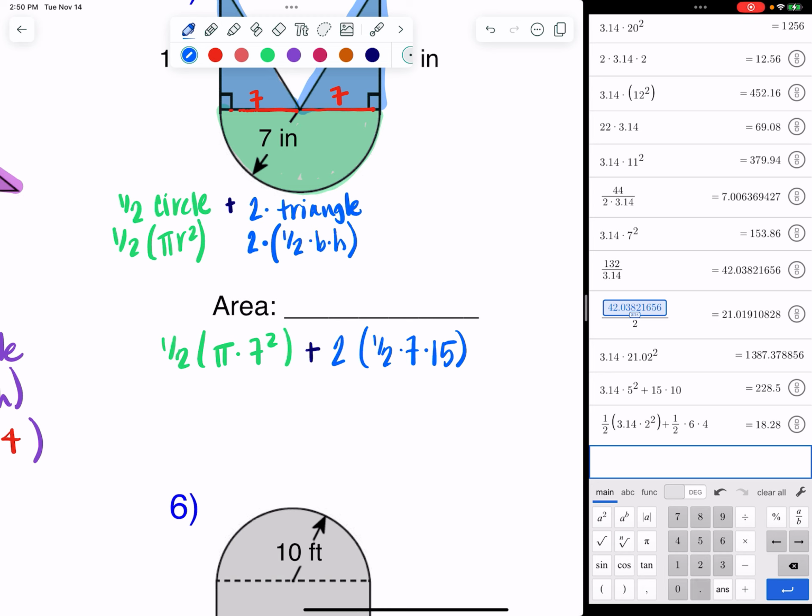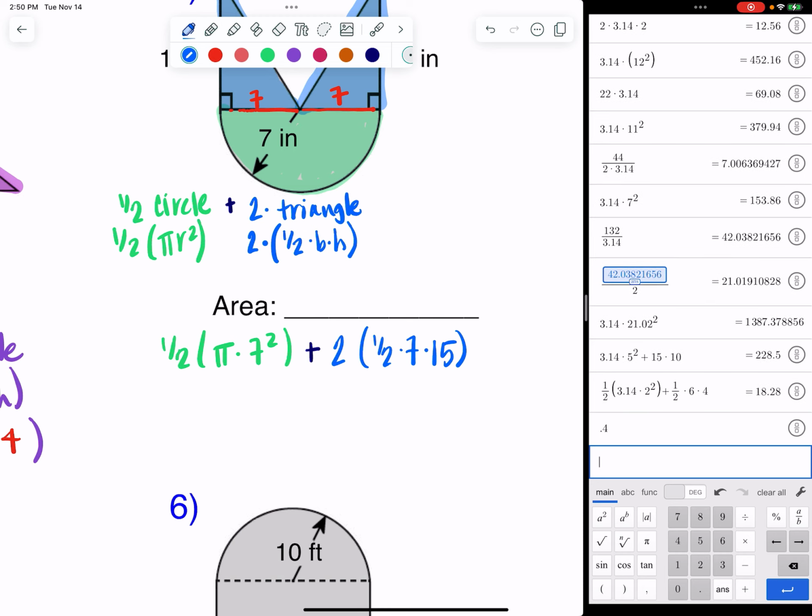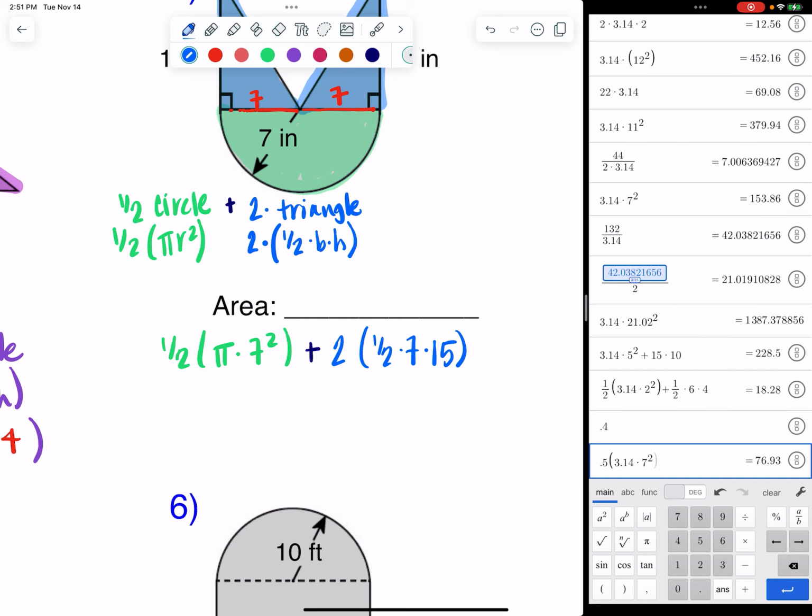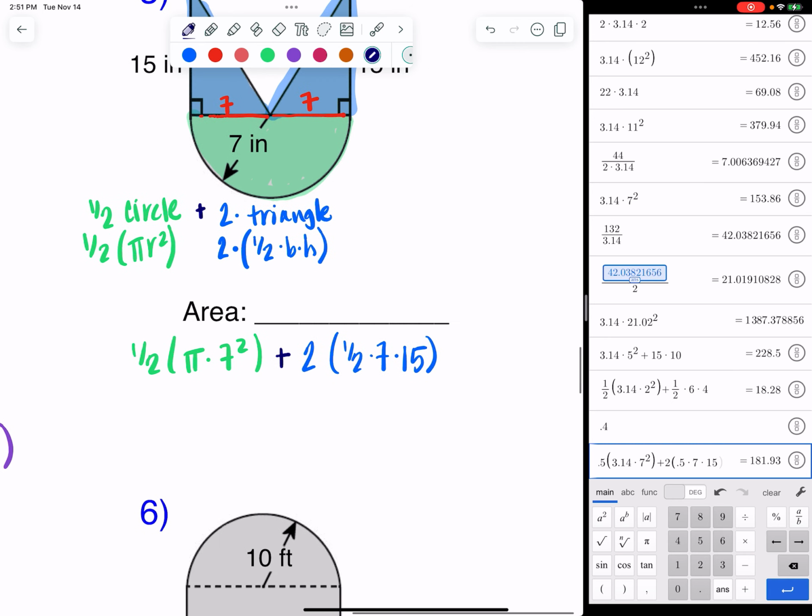I'm going to go straight to Desmos. I'm going to use 0.5 instead of 1/2 just because it's fewer keystrokes. 3.14 times 7 squared, that's not a 7. That's what happens when you have little sausage fingers like me. And then 2 times 0.5 times 7 times 15. So the area of my whatever you want to call it is 181.93